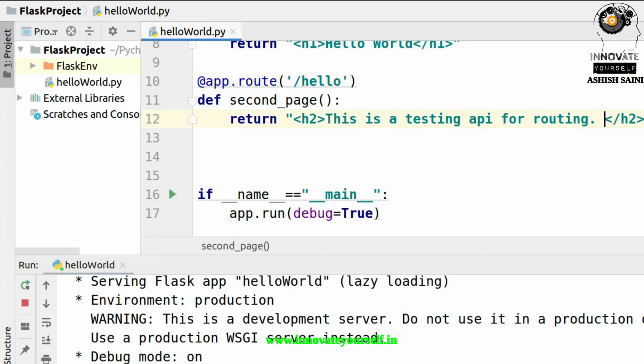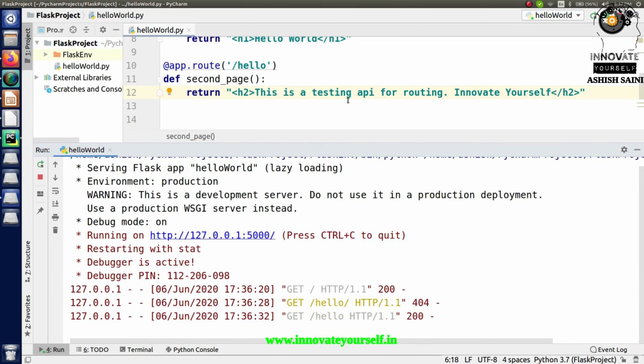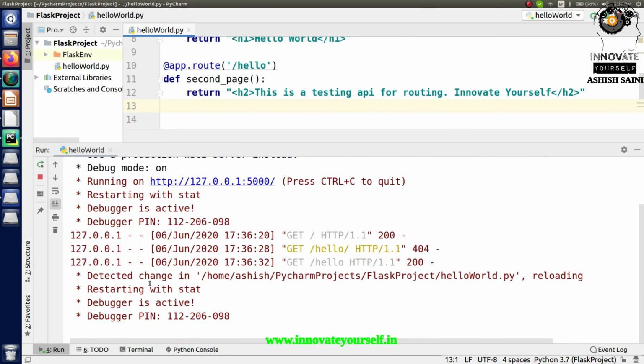Now let's say something else. I'm writing another message along with this, right? After that, I want to save it now, and this time I don't want to rerun it, right? Just save it, and you will see that it is saying detected change in this file, reloading, restarting with start.